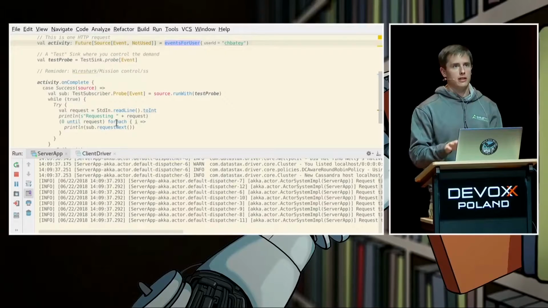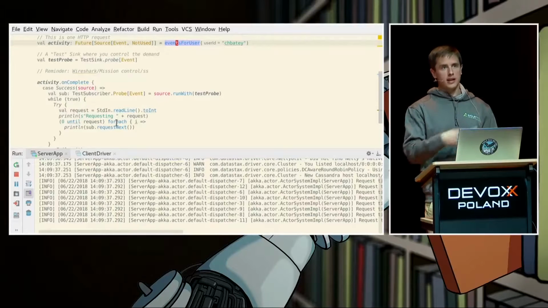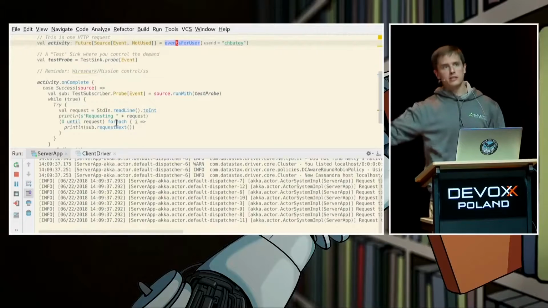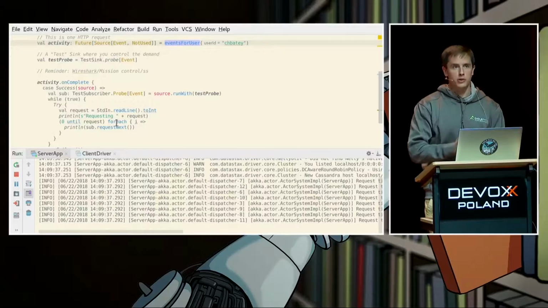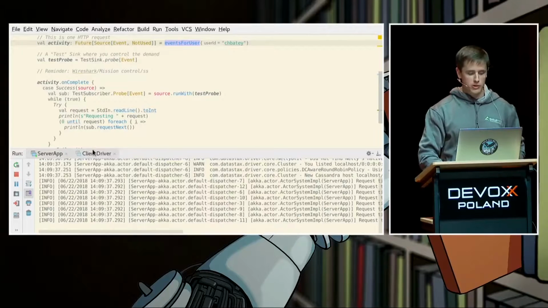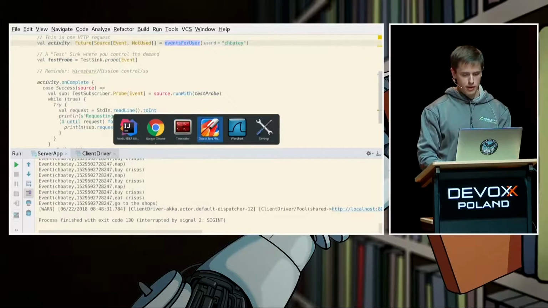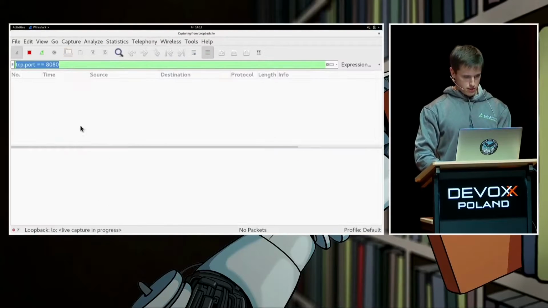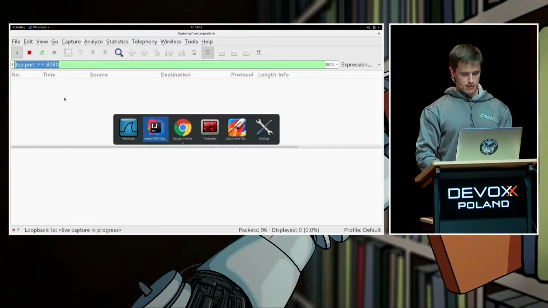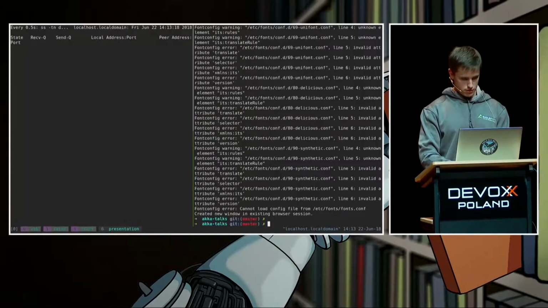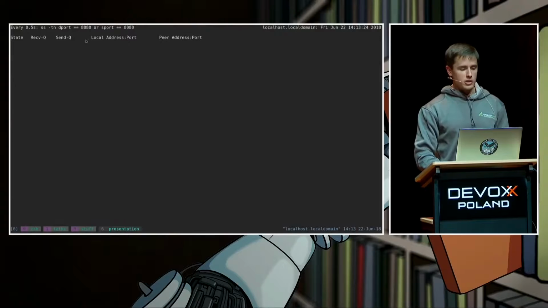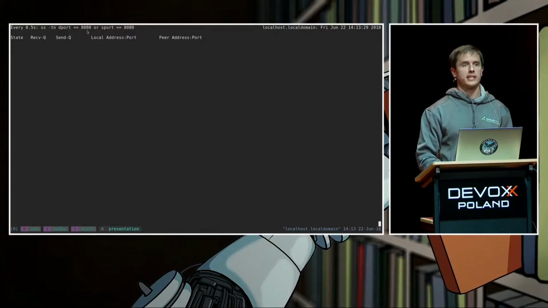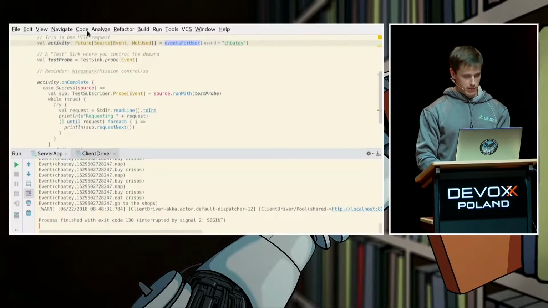So if I start this, it's going to create the HTTP connection, it's going to create the TCP connection, connect to the server application, make the HTTP request, but we're not going to give any demand. We're not going to request any of the results. So what would you expect to happen if we do this? I'm just going to start Wireshark and things. So there's nothing there yet. I've also got, this is server sockets. It's cut a bit off. No, it hasn't. Okay, so what I'm doing here is I'm going to show TCP connections going between ports, any port, and port 8080. So when I start the client application, I should see that.